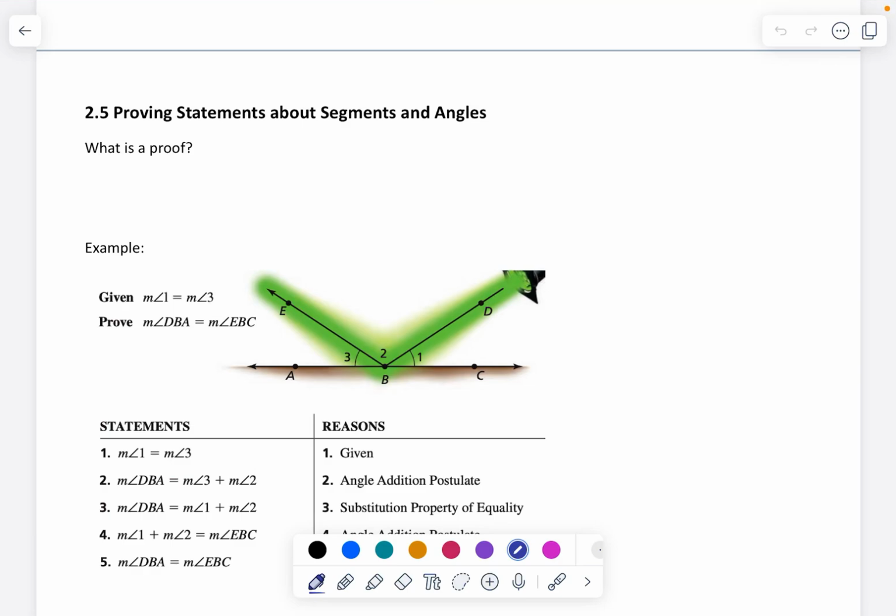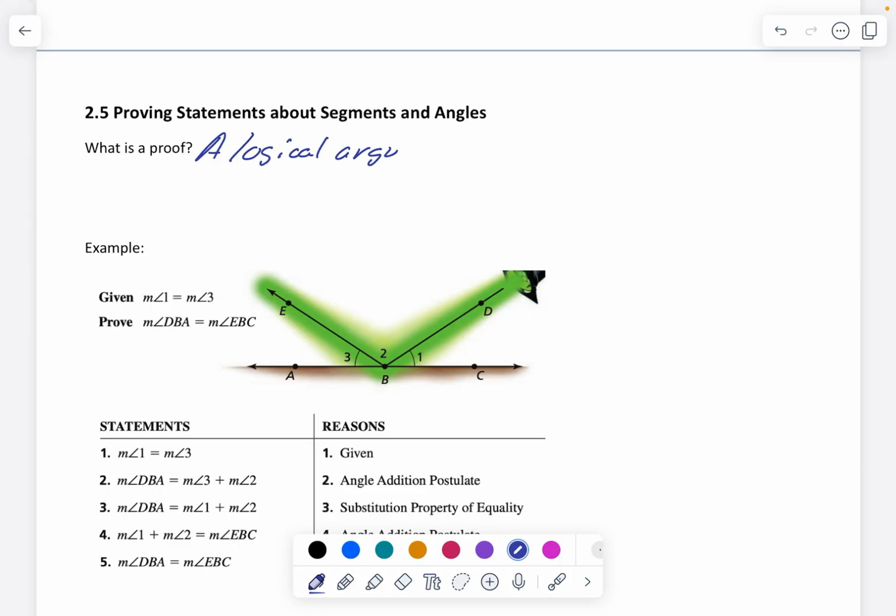We have looked at proofs in class, but all the proofs we've done so far have been algebraic proofs, solving equations and giving reasons for those steps. So first of all, let's define what is a proof. We've been doing them. So I would define a proof as a logical